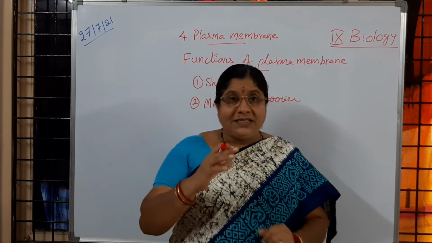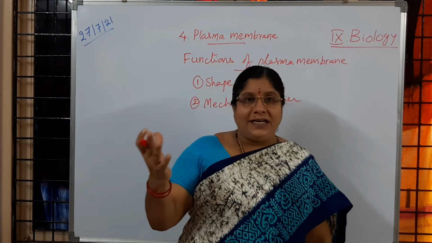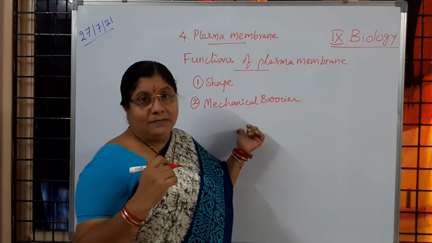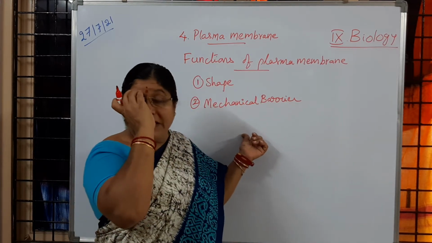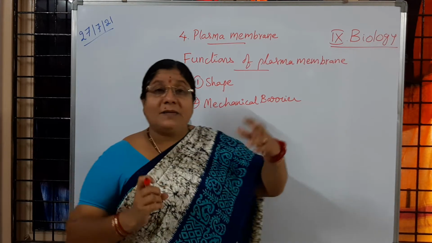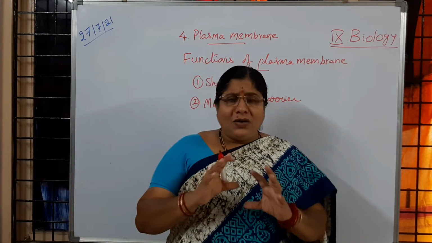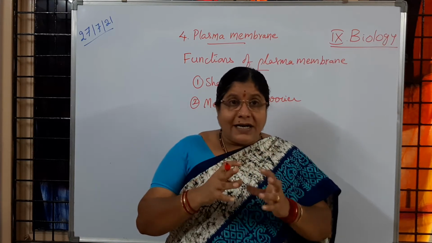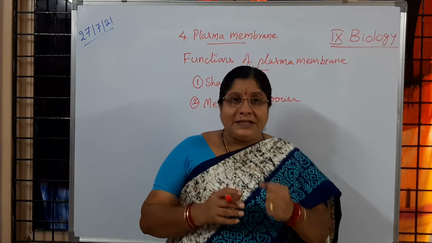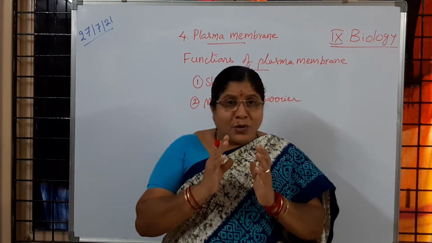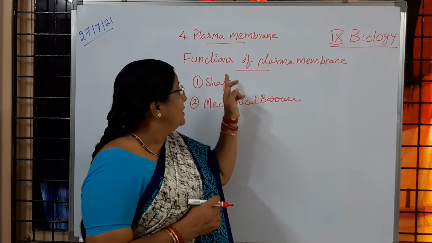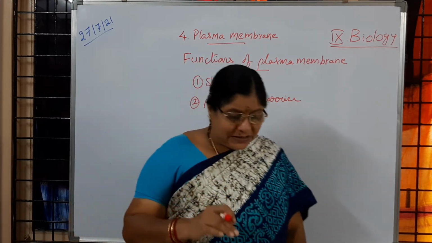cell. For example, Nissl granules are present in a nerve cell. Mast cells are present in some other cells. Fibroblasts are present in some other cells. So some parts or the internal content, environment, whichever is present in the cell, it is getting protected from one cell with other cell, that is because of this plasma membrane. Is it clear to children?